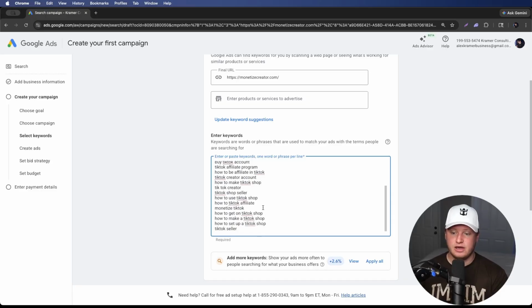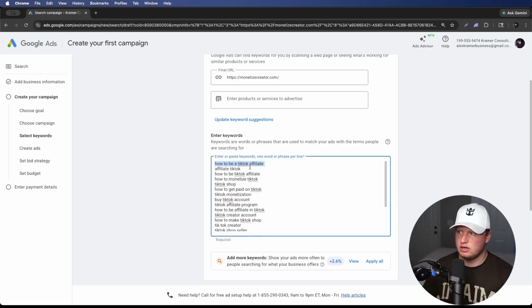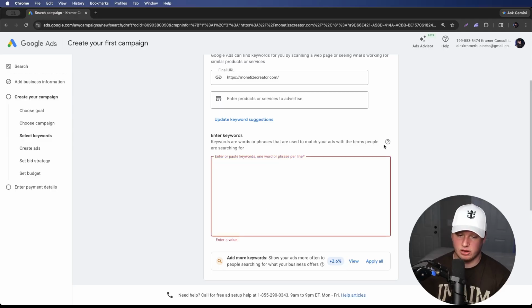And keep in mind, you might be thinking, well, shouldn't a person that is searching how to be an affiliate on TikTok already understand that they probably don't know how to be an affiliate? That's the only main thing. They don't even know that the product exists. They don't even know that accounts exist, meaning they probably are not warmed up to it. They don't even realize that they have a need for it. They don't even realize how much it is. People are only searching me up if they know how much it is, or at least that they're ready to buy. So we're going to go ahead and take out every single keyword,